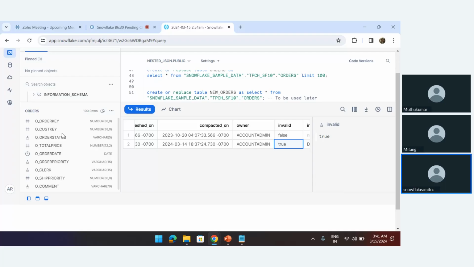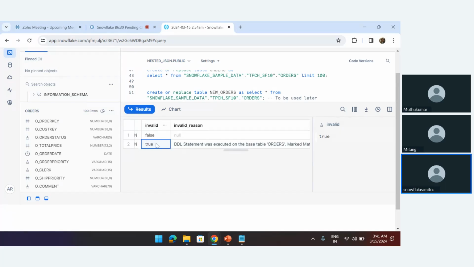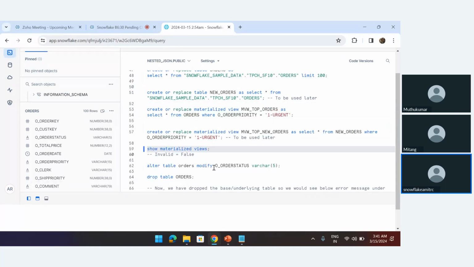But if you execute any DDL statement on top of the base table, then automatically you can see your materialized view will be invalid. DDL statement was executed on the base table orders, marked materialized view as an invalid. So your materialized view will be invalid if you make any DDL statement on the base table. So any DDL statement like your drop, alter, if you execute, your materialized view, which is created on the orders table, will be basically